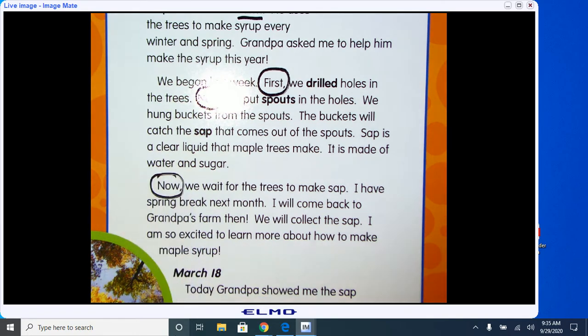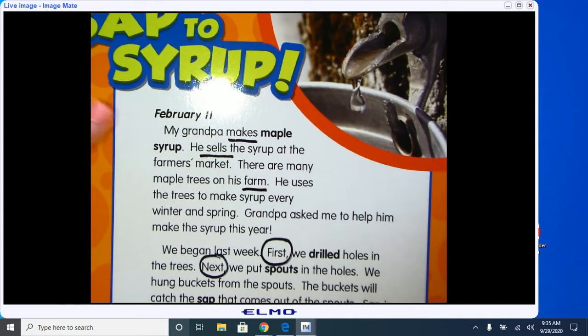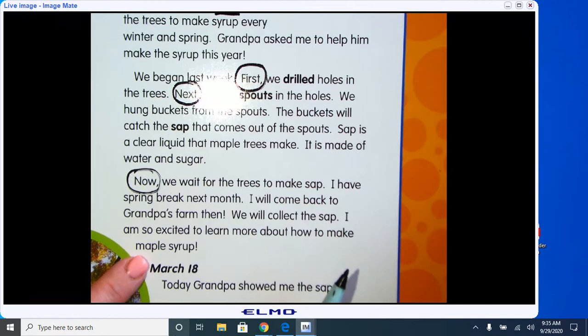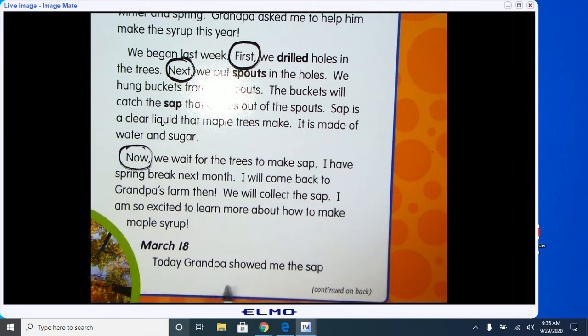Now, we will wait for the trees to make sap. I have a spring break next month. I will come back to Grandpa's farm then. We will collect the sap, and I'm so excited to learn more about how to make maple syrup. March 18th. So this is about a month from February 11th to March 18th, a little bit over a month. Today, Grandpa showed me the sap